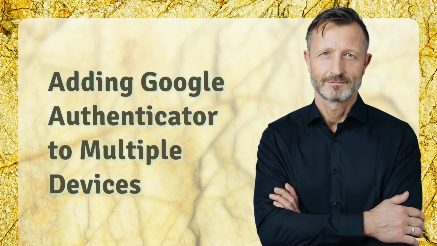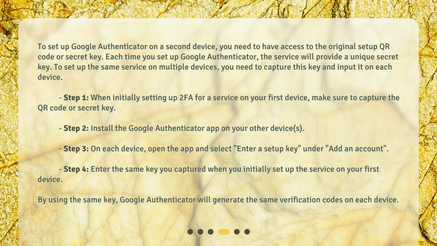Adding Google Authenticator to multiple devices. To set up Google Authenticator on a second device, you need to have access to the original setup QR code or secret key. Each time you set up Google Authenticator, the service will provide a unique secret key. To set up the same service on multiple devices, you need to capture this key and input it on each